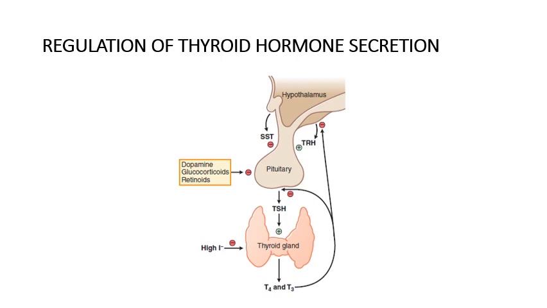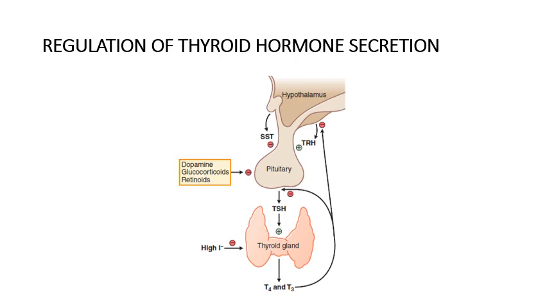So all these three substances inhibit the release of thyroid stimulating hormone, and similarly we have an effect called the Wolff-Chaikoff effect. That is when there is high iodine intake. We know that iodine is important for synthesis of thyroid hormones, but when the intake of iodine is very high, there is an auto-regulatory process inside the body whereby this iodine decreases the secretion of thyroid hormone.